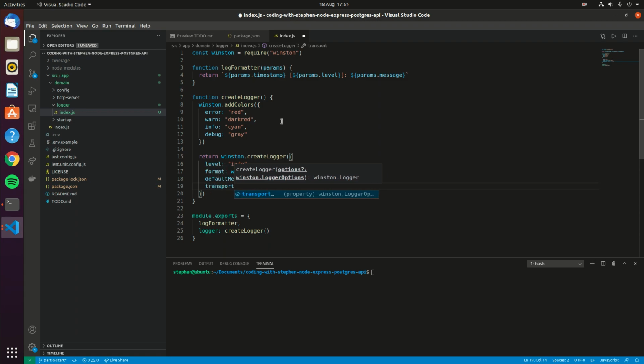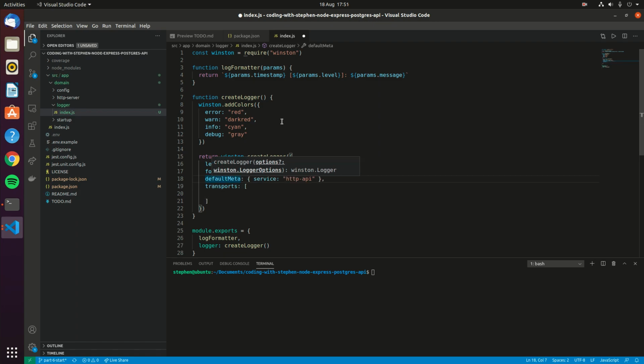And then the final piece, which is essentially what kind of brings it all together, is Winston uses what are known as transports, which determine where these logging rules and things like that are applied to. And the one that we're going to be making use of today is just the console transport, which is going to determine how things end up getting logged out into our console. So all this takes is an array of different transports that you want to work with. So we're just going to work with new winston.transports.console,